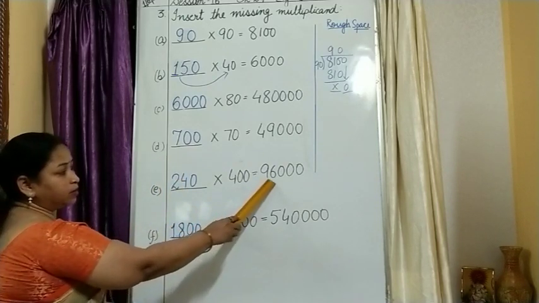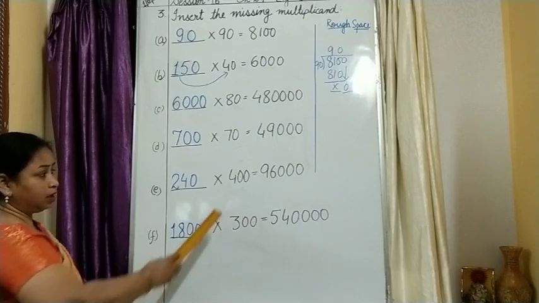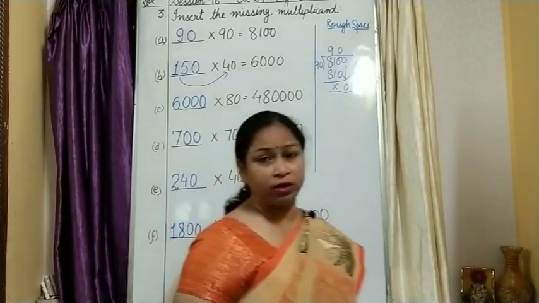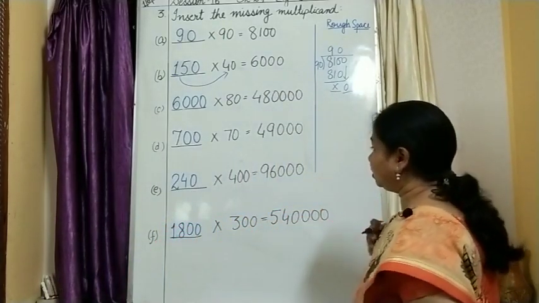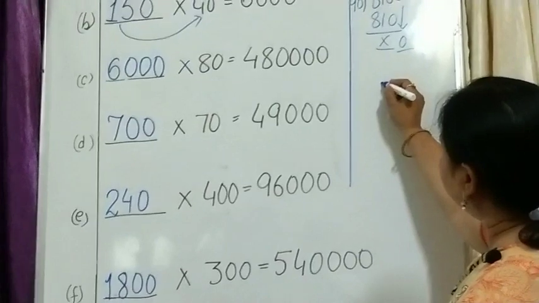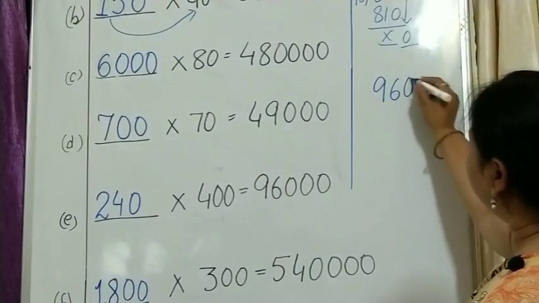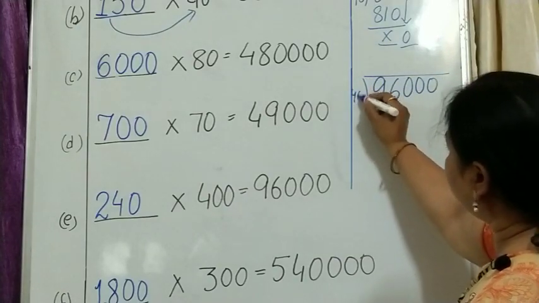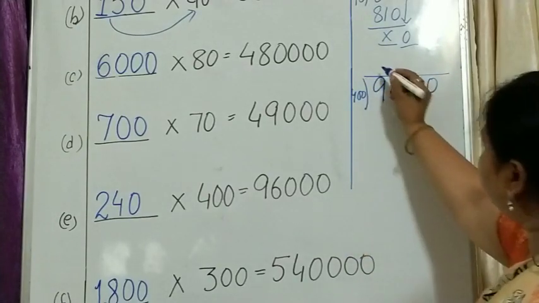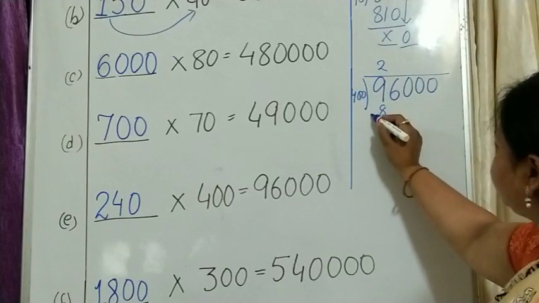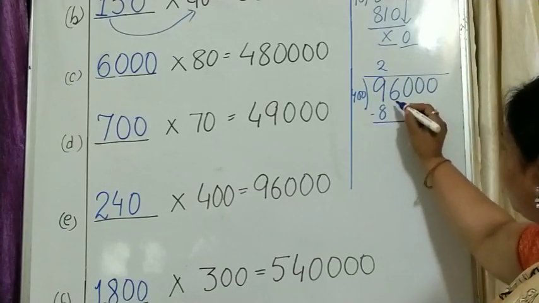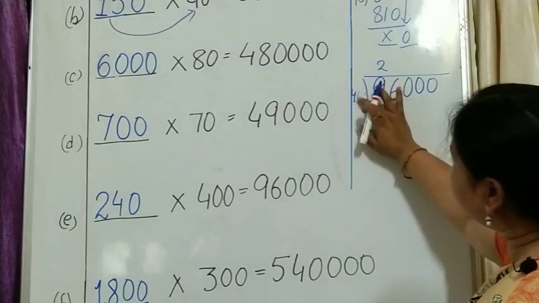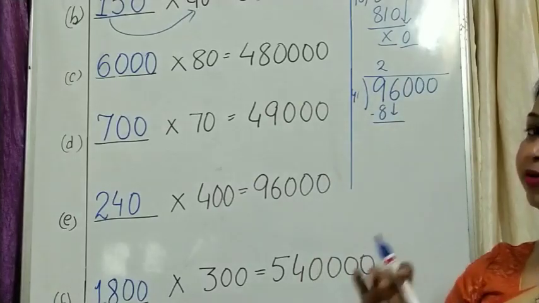Now here the number is a greater number, 96, and here you are having 4. You are not aware of that. In that case, what you can do is, you can show the division in the rough space. You can write down 96,000 divided by 400, right? 4 2s are 8, right? Then what am I doing? I am just ignoring these 2 zeros and then simply dividing by 4.